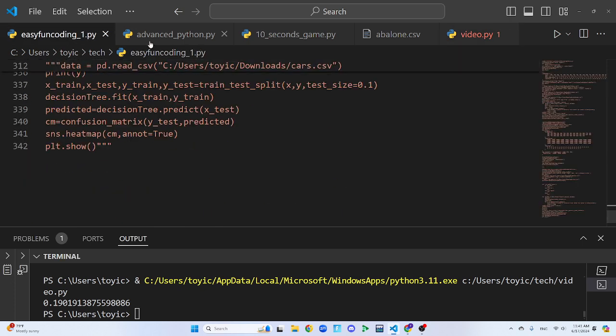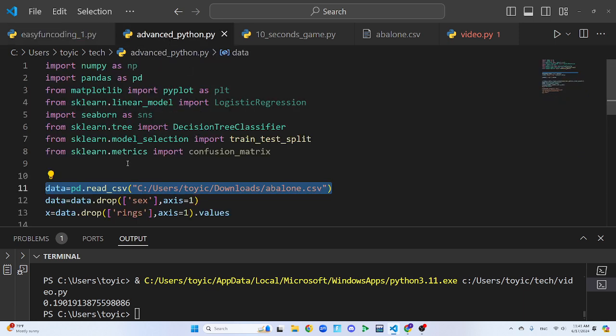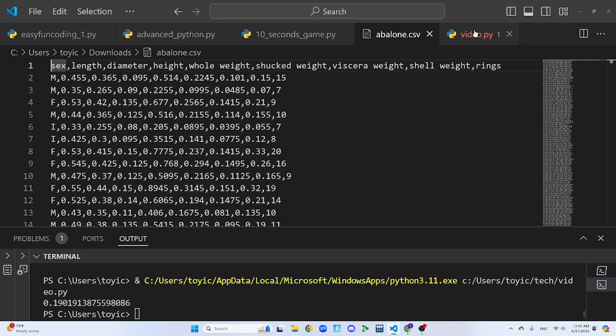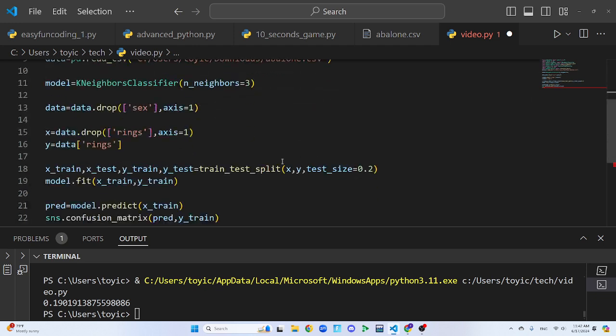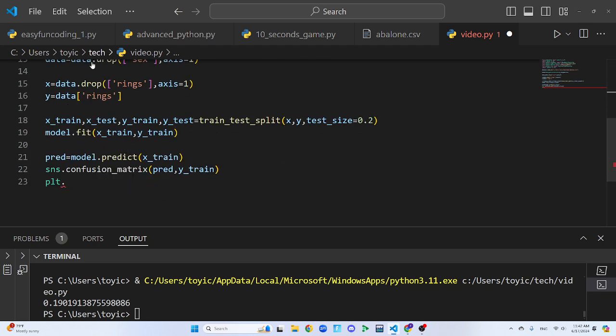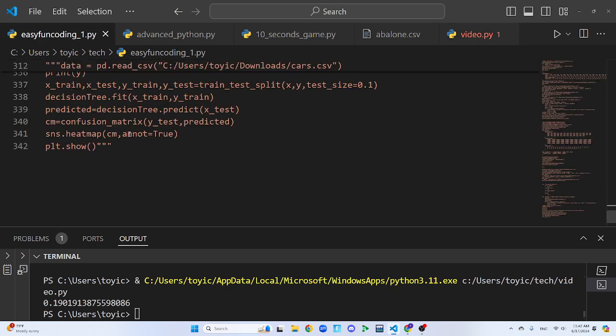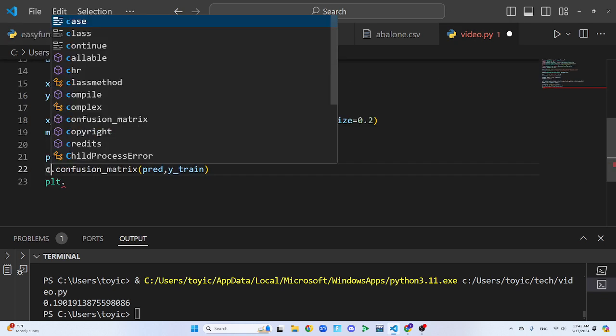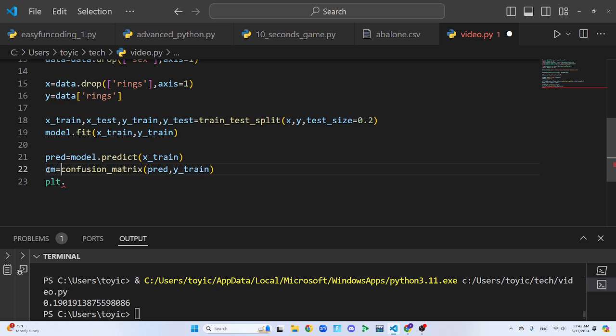Alright. Oh, it's from sklearn. So wait, don't I already have this one? Oh, my fault. CM equal to confusion matrix,